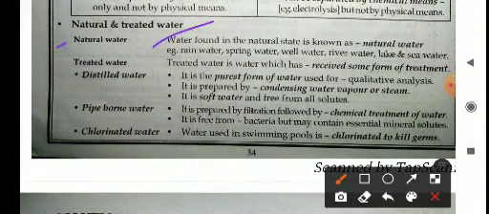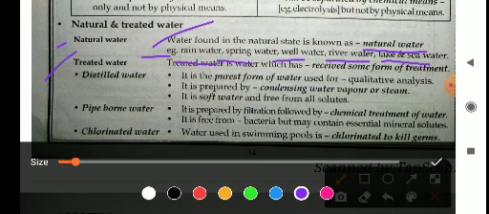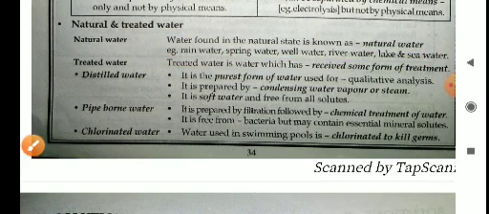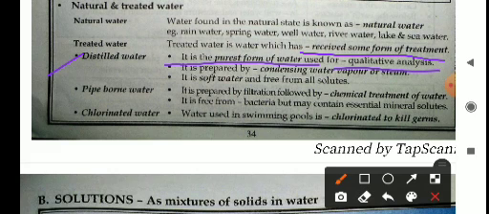Natural water found in the natural state is known as natural water. For example, rainwater, spring water, well water, river water, lake water, sea water, etc. And treated water is water which has received some form of treatment. For example, distilled water. It is the purest form of water used for qualitative analysis, and it is soft water and free from